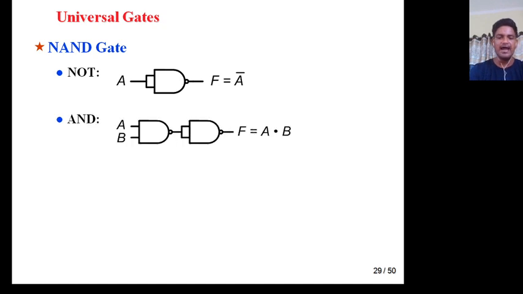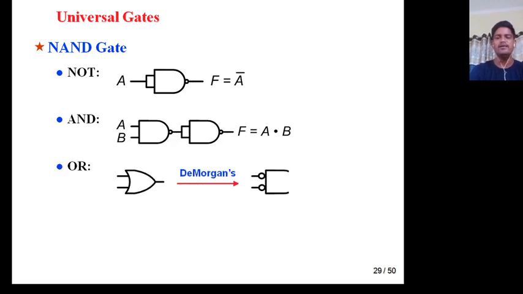Next, how will you implement an AND gate? Simply, AND gate is nothing but, just apply the involution theorem. A double bar equal to A. First (A dot B) whole bar, then again there is one NOT gate, which means a common input NAND gate. So ((A dot B) whole bar) whole bar equal to A dot B. As you know, A double bar equal to A.